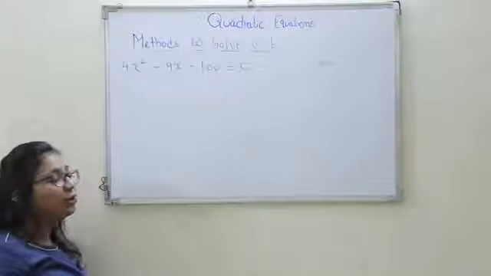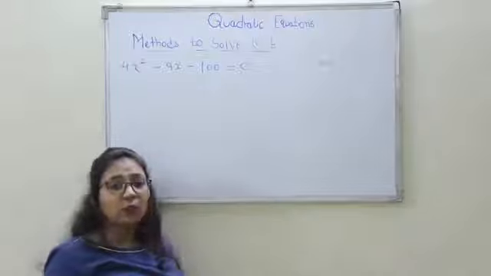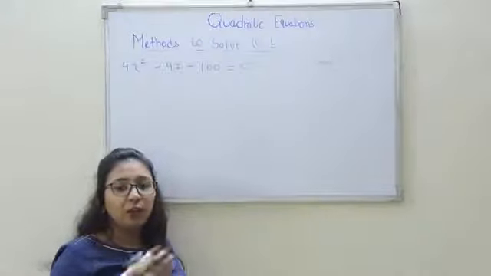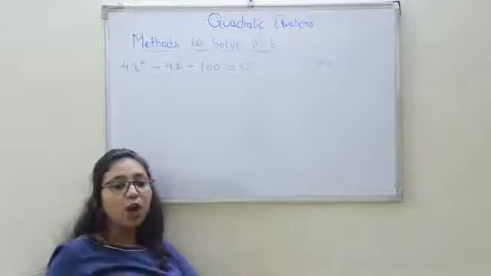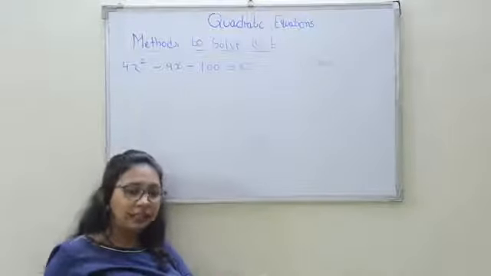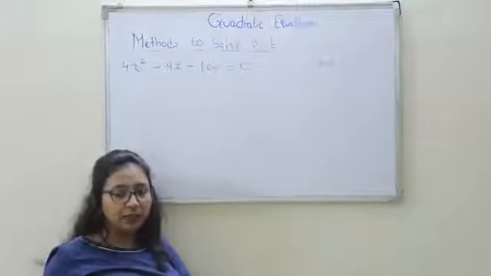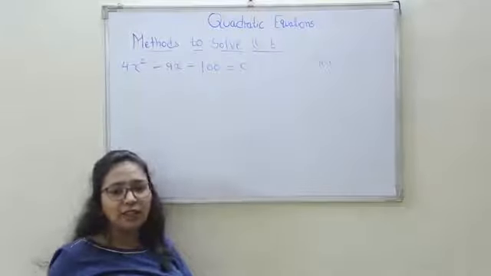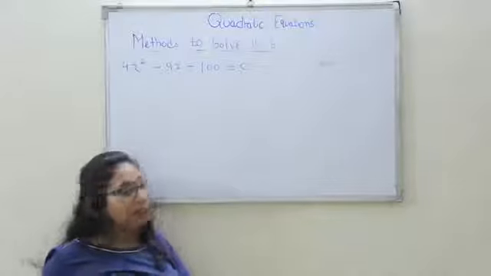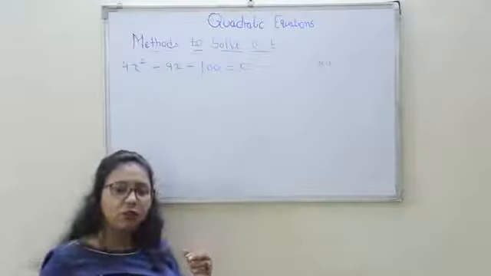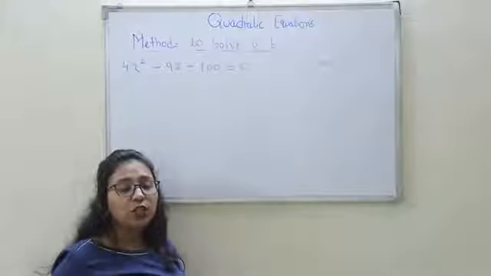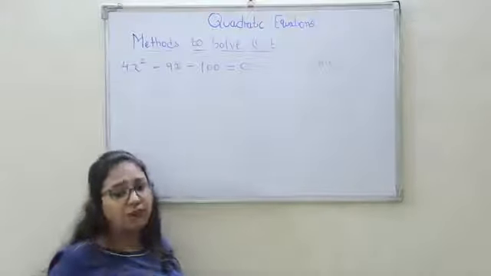Correct? Now, students, when it is a 3-digit or 4-digit number, you can't find it by 1 into what is 400, 2 into, the method which we learnt in the last sum. You can't find it by that. It will be quite difficult for you, and also you will not get an answer up to the multiple of 9. So when there is a greater than 2-digit number, like 3-digit or 4-digit numbers, that time you need to find the factors by prime factorization.